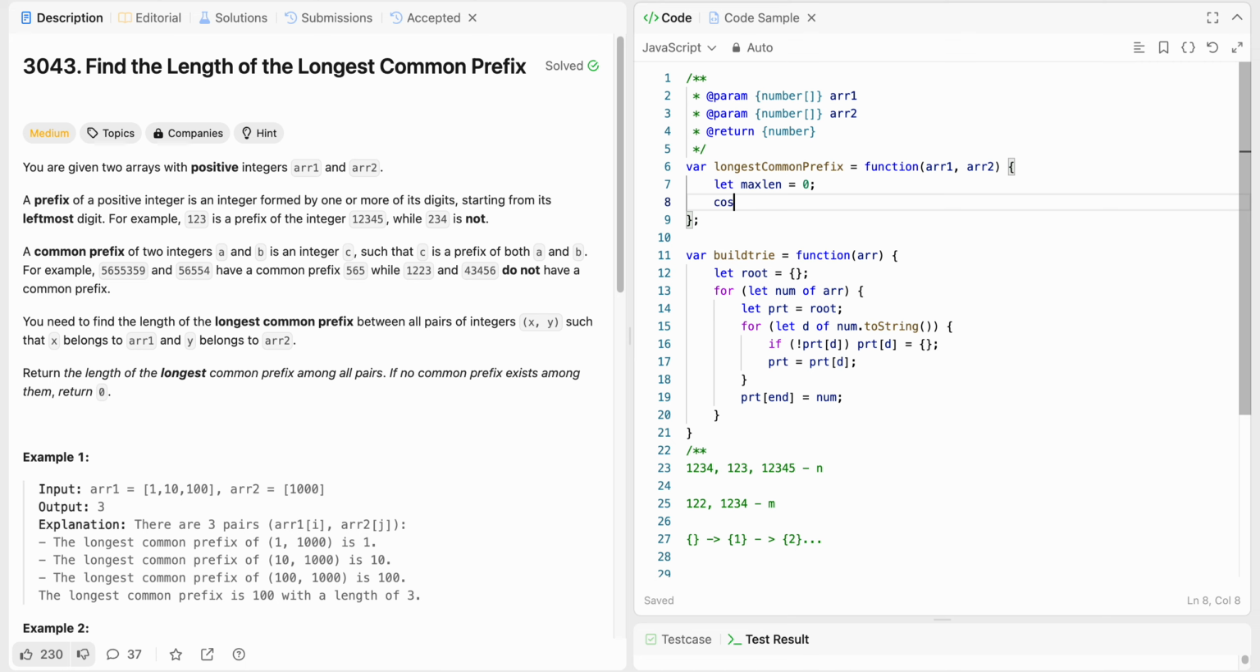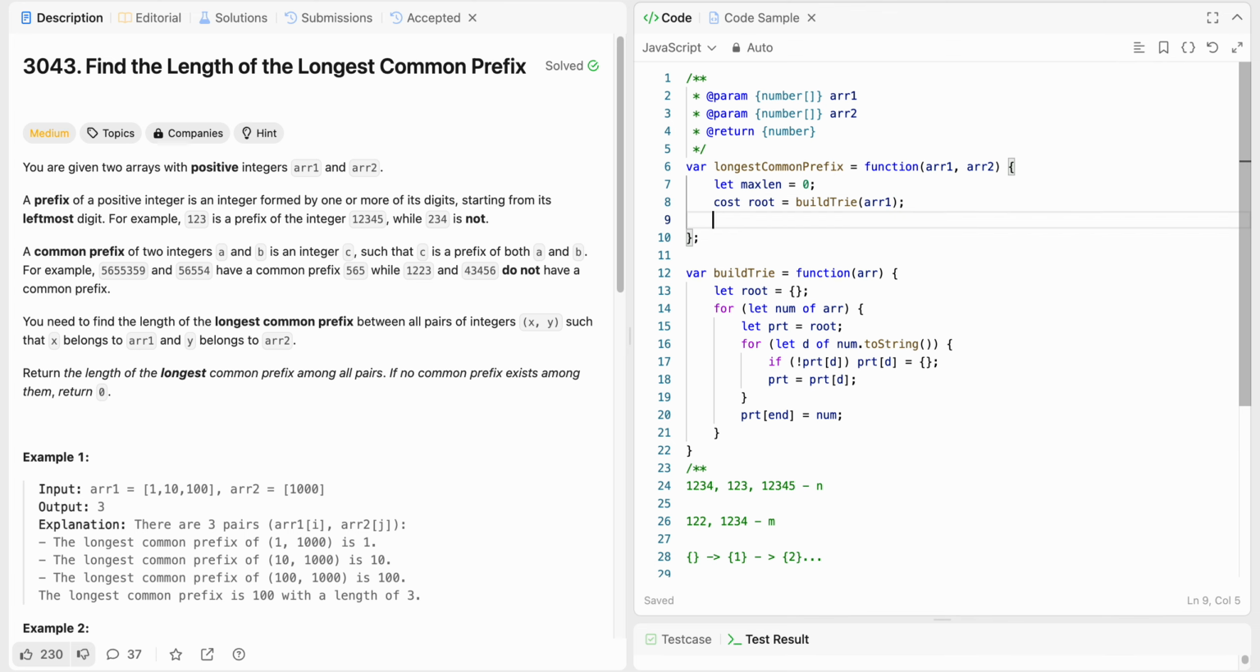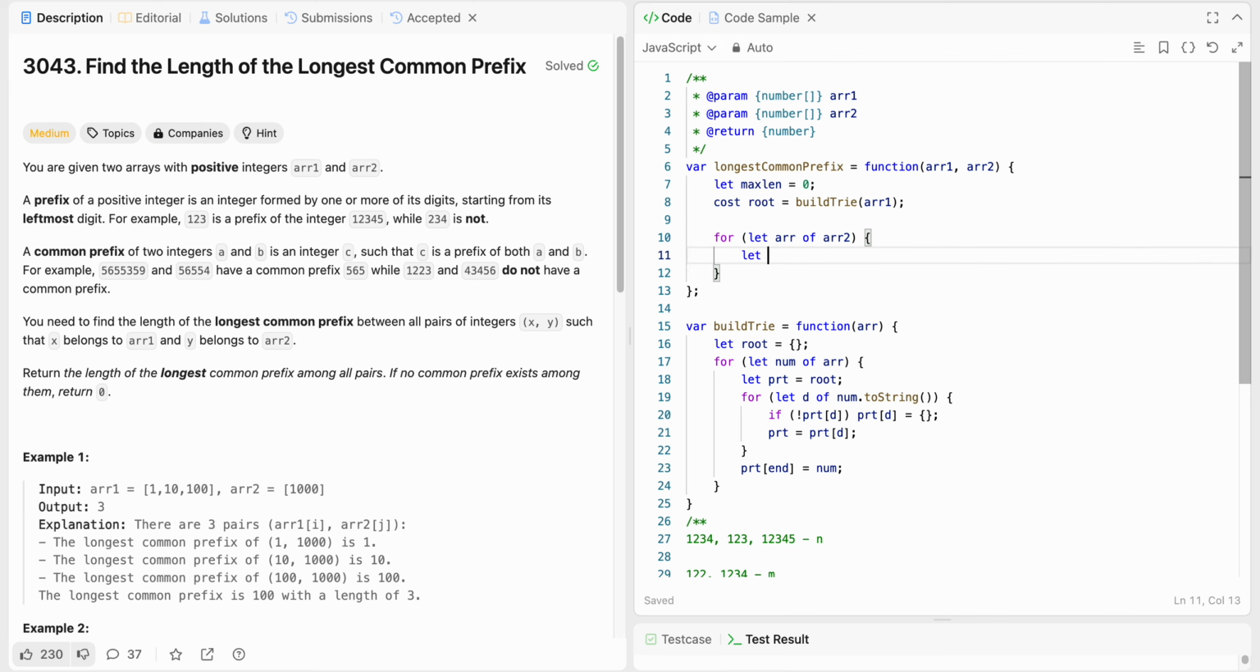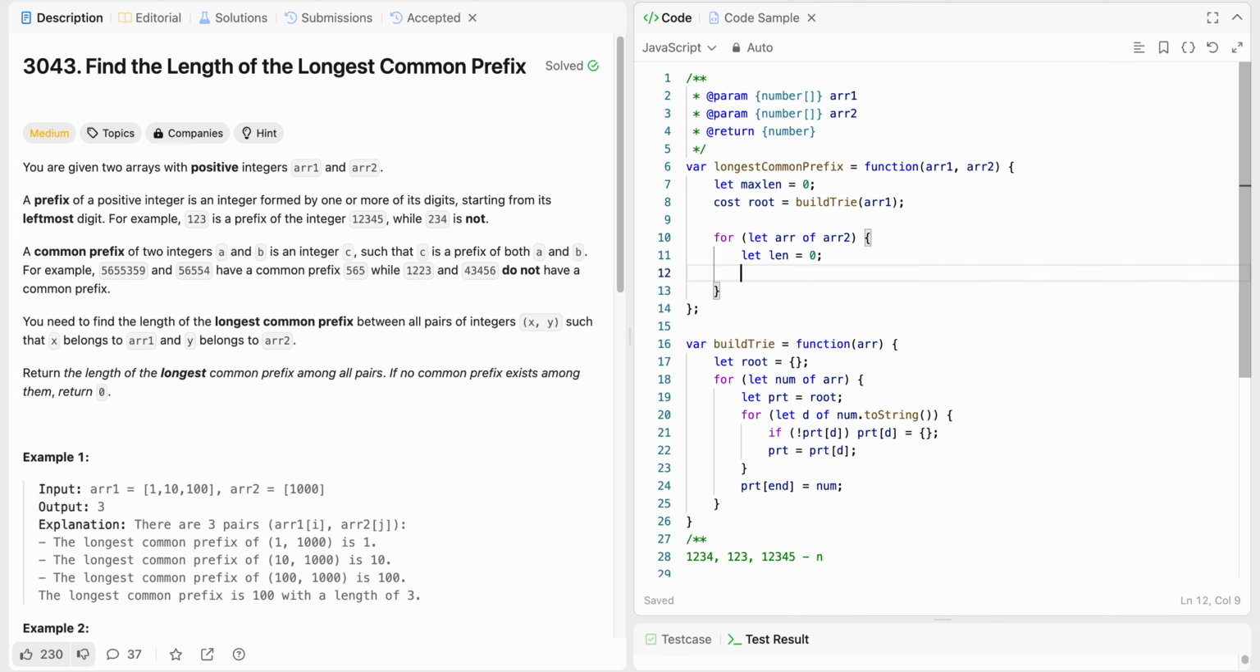And now let us build our trie. We call the build trie function and pass our first array, because we only want to build the trie for that one. For our next array, we will be looping over each of its integers. So we need to calculate the length of the substring, right? So first, length will be equal to 0. Now, starting from each of the digits in that array,